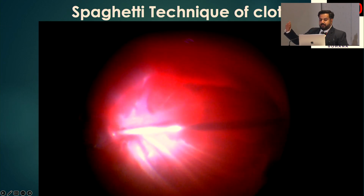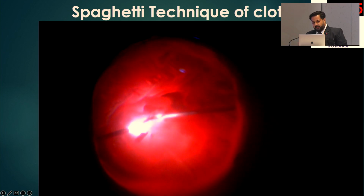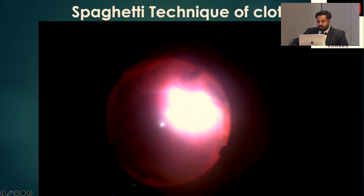You're trying to induce the PVD. You cannot induce because there's a subretinal blood with a detachment. Then you make a pocket, a hole in this highlight, and put a PFCL, try to push it behind. Then you try to take this